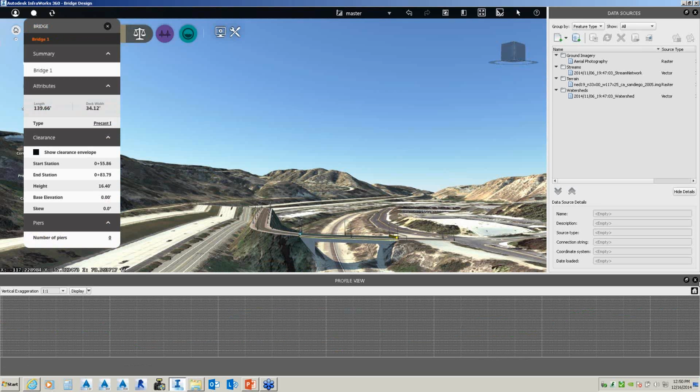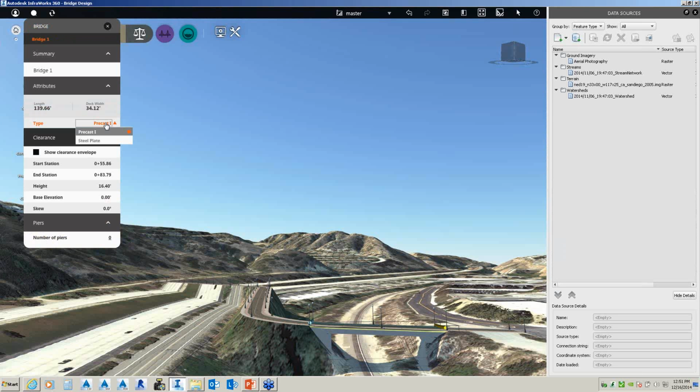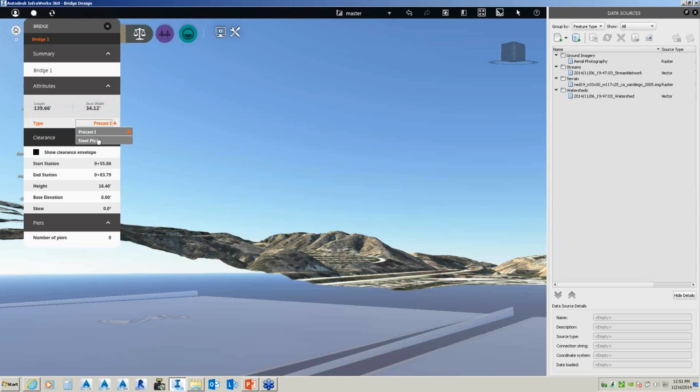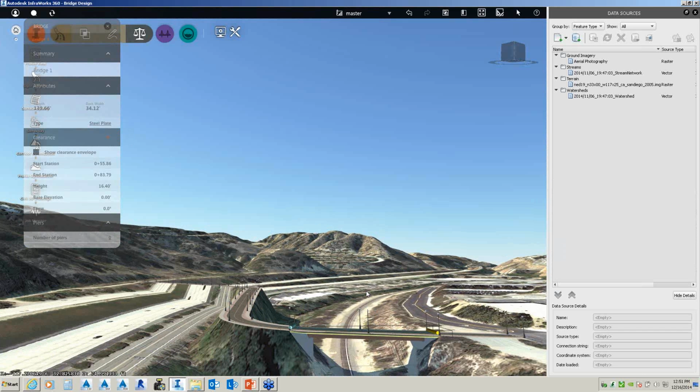And not only a precast concrete bridge, we can also convert that to a steel bridge. Once I update this, now I have a steel plate bridge. Let me just move this up a little bit.